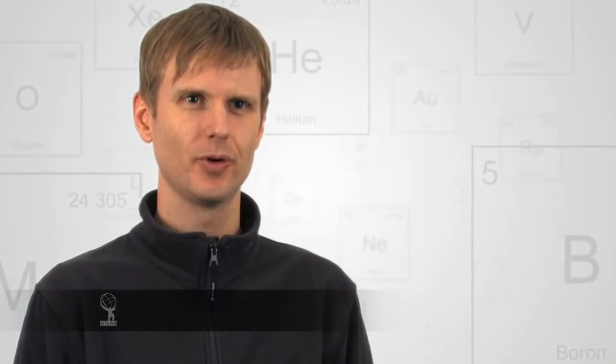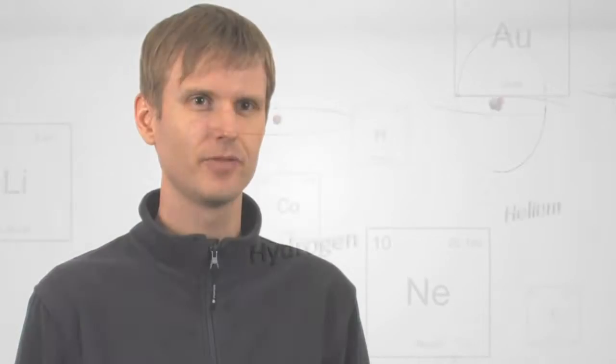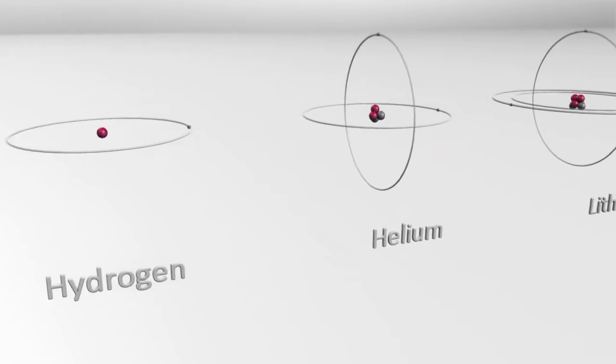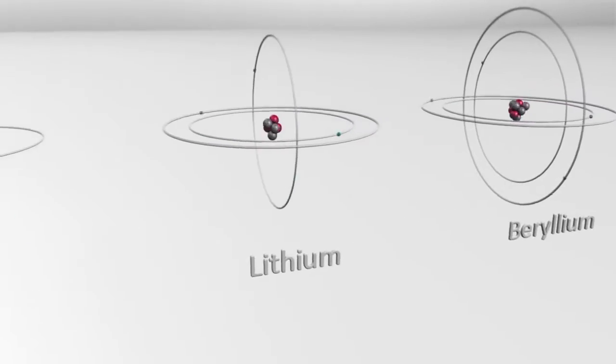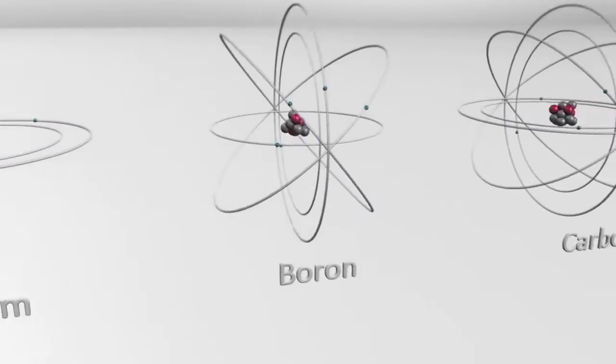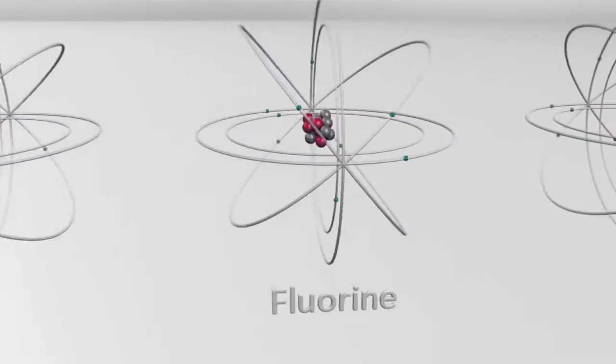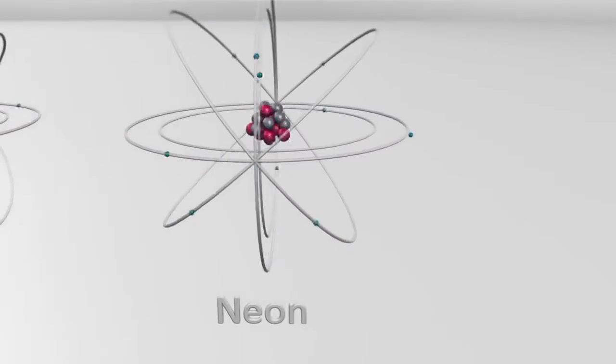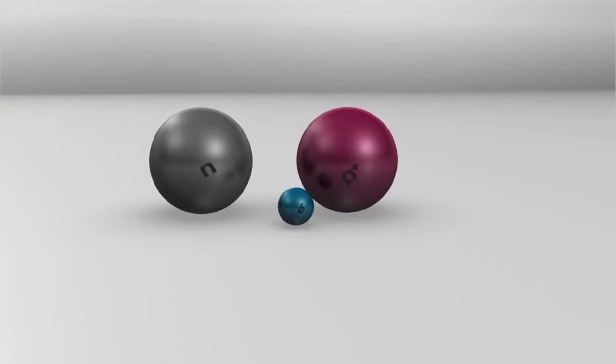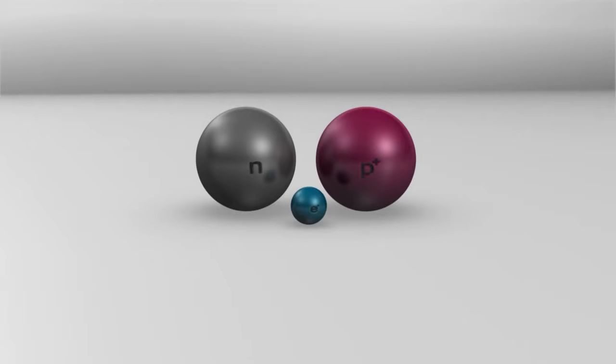So historically we knew about all of the different elements in nature. We knew about helium, hydrogen, oxygen, gold, lead and so on, which are all made of different atoms. But a great simplification was made when we realized that all the atoms are just made out of three particles, the protons, the neutrons and the electrons. And just by adding more protons, more electrons, we get a different element, a different type of atom. In principle, you can build a very simple universe with just protons, neutrons and electrons.